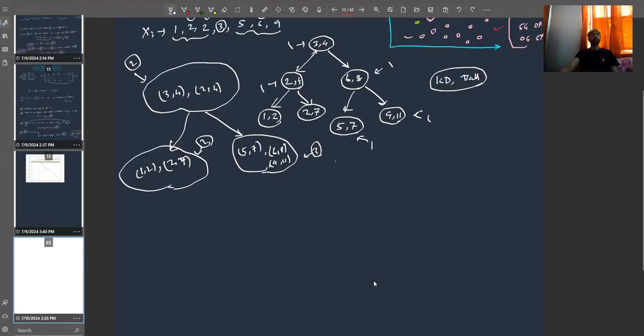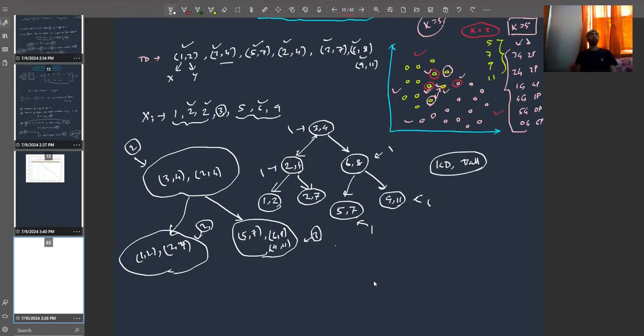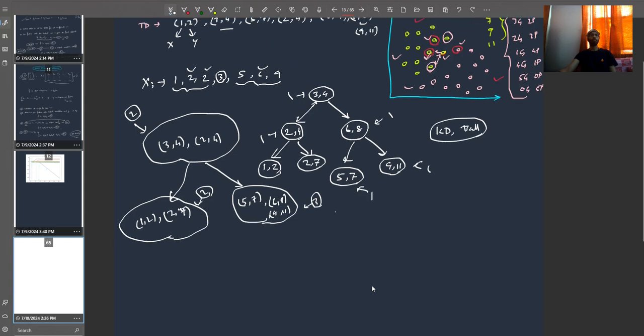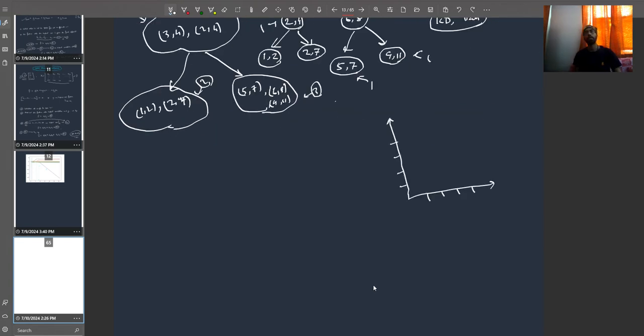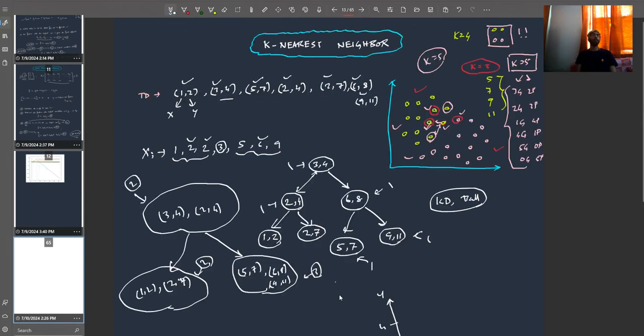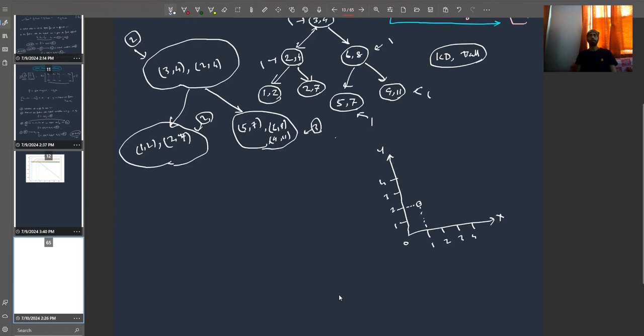Let us understand that. So friends, we had a database here, 1, 2, 3, 1, 2, 3, 4. Let us plot these 2 points to understand this. So this is our axis, friends. X-axis 1, 2, 3, 4. Y-axis 1, 2, 3, 4. And the first point that we have is 1, 2. That is X is 1 and Y is 2. So this is the point. And the second point is 3, 4, right? So the next point is X is 3, Y is 4. So this is the point, let's say,